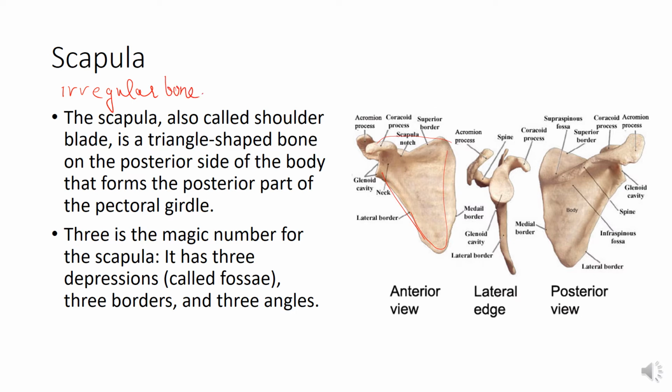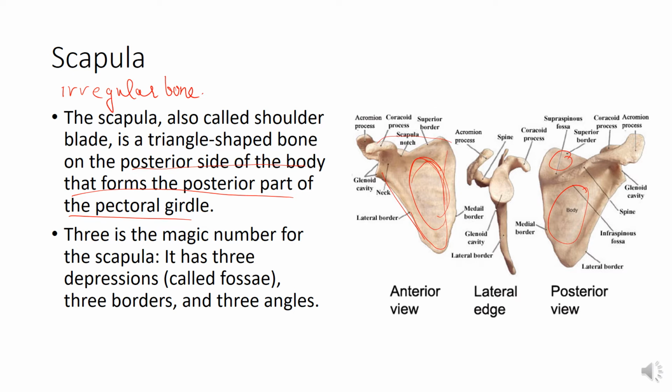And it is located on the posterior side of the body that forms the posterior part of the pectoral girdle. So, posterior part of the thorax. There is a magic number 3 for the scapula. It has got 3 depressions, that is called fossae. One fossa is here on the anterior surface, and 2 fossae are there on the posterior, dorsal surface, and